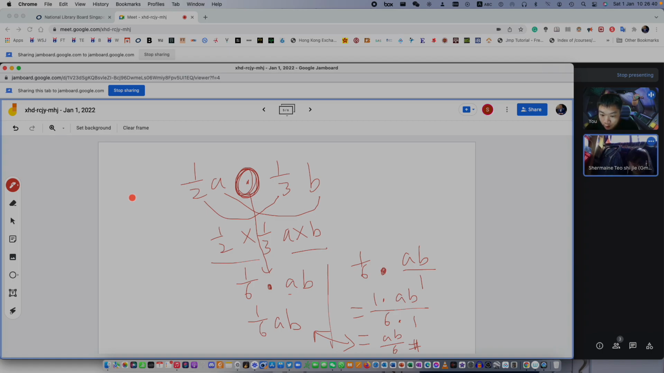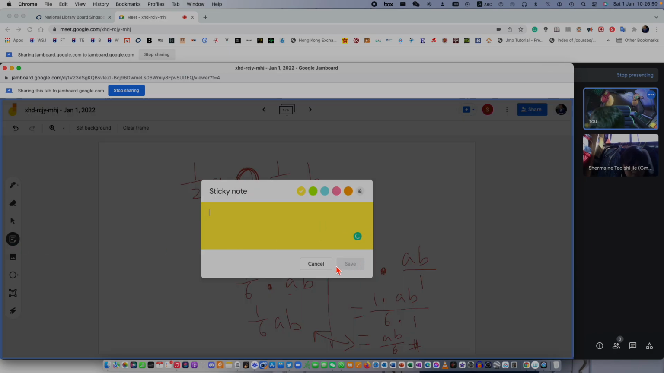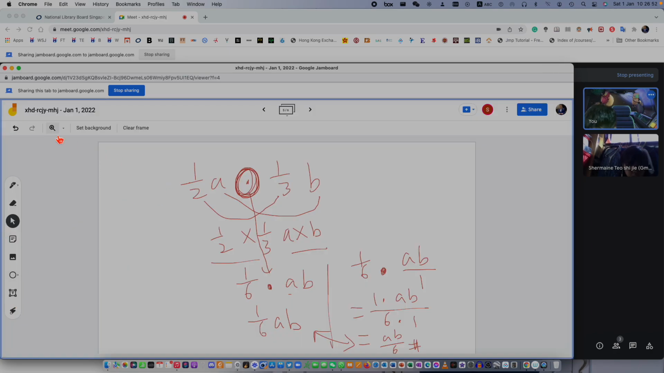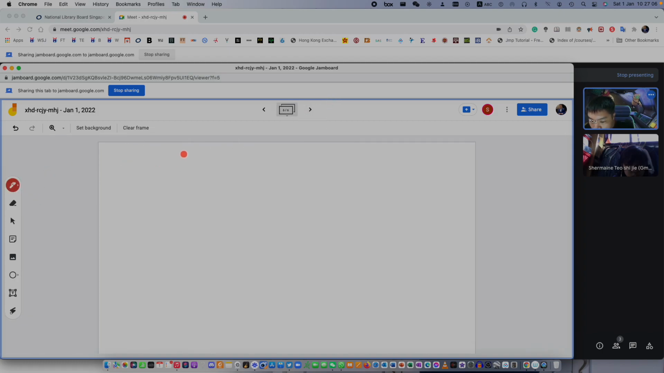Okay, so what about division? What about division? So let me just copy this. So instead of times, what if I change this to divide? Let me go to the next slide. Half a